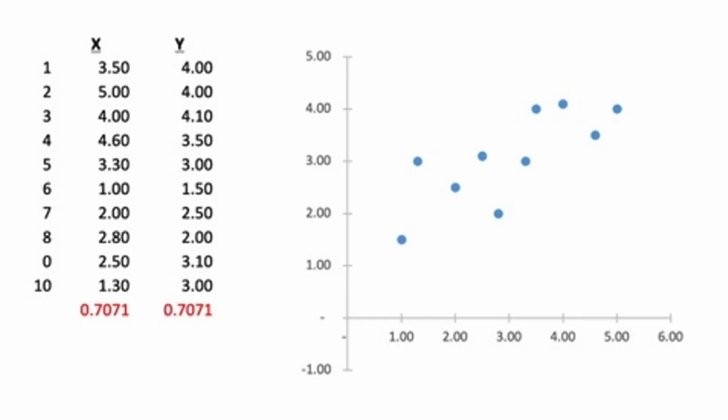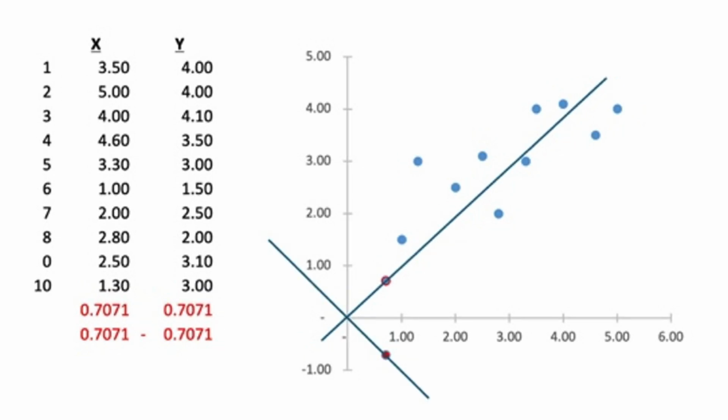We know that the point 0.7071 and 0.7071 defines the vector that is principal component 1. Then we plot 0.7071 and negative 0.7071. That defines the second principal component, and we draw the resulting line as before.